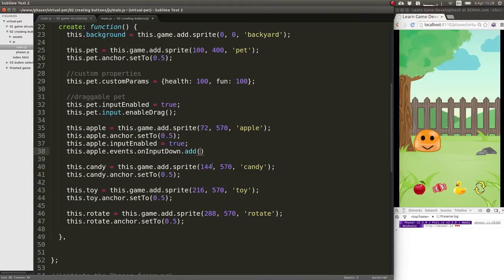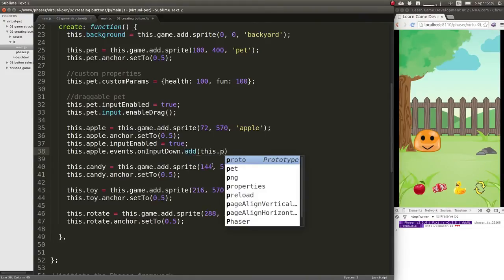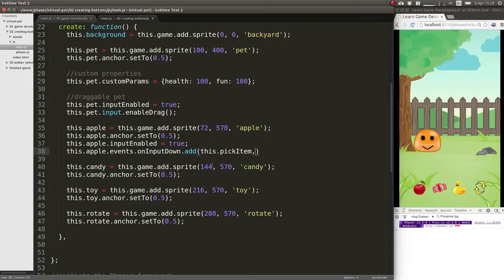Then .add. And now we need a method that we're going to call pickItem, and we're going to pass it the context, the current context. So how do we create this method? This one's called pickItem, and it is simply a function that has two parameters. The first one is the actual sprite. So if this is executed on the apple, this one will be the apple. And we also pass it the event,